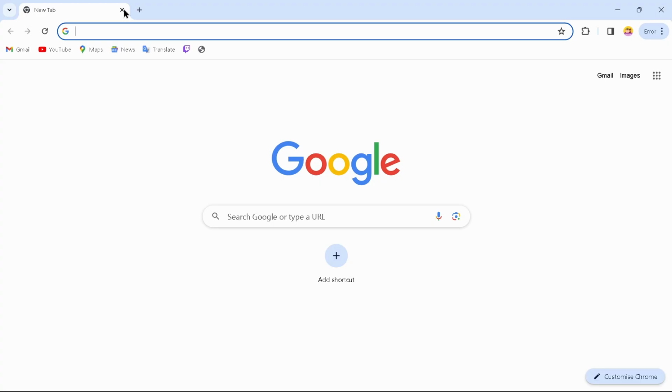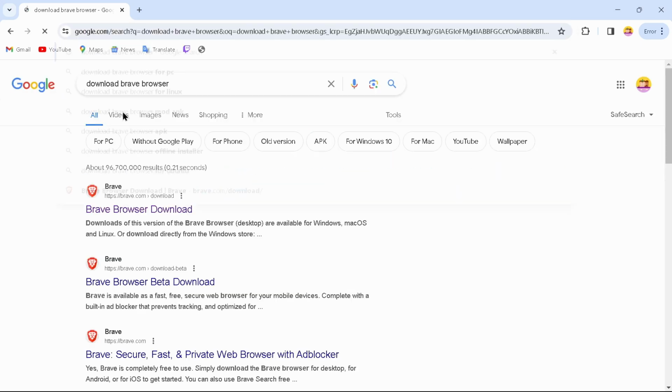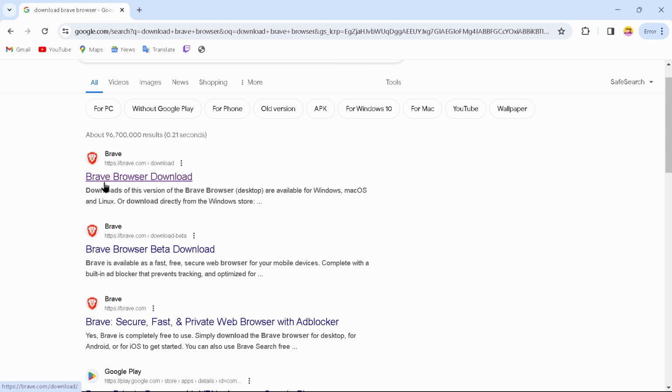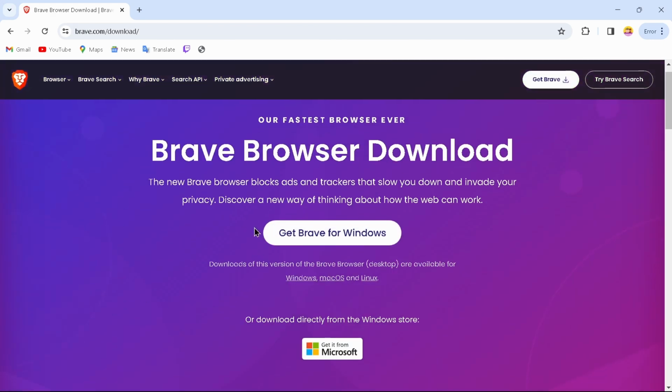Let's get started. So to do that, what you can do is just open up your Google Chrome browser or any other browser that you have, and after opening up your browser, in the search bar you can just search for download Brave browser. And after searching for that option, now what you can do is just tap on this first option which says Brave browser download, and after tapping on that it will take you to this website where you can download Brave browser. So just tap on get Brave for Windows,